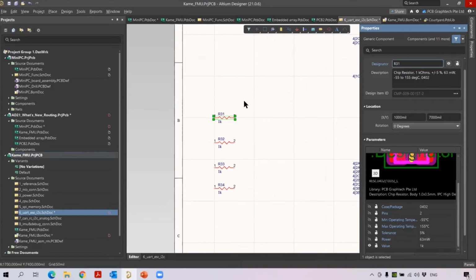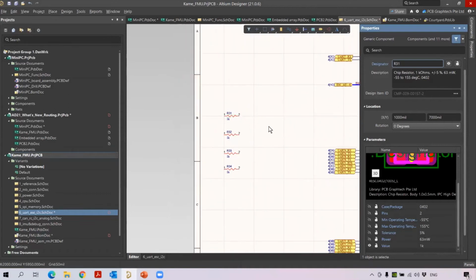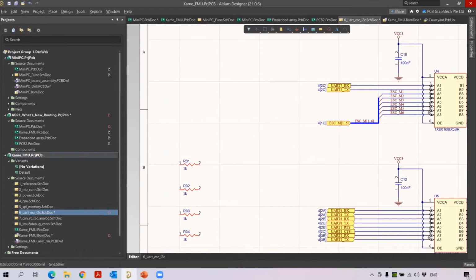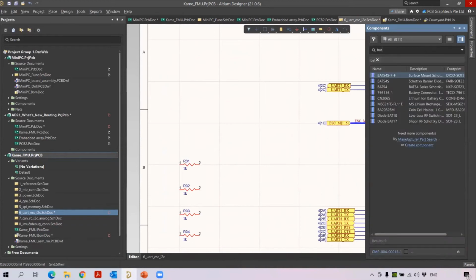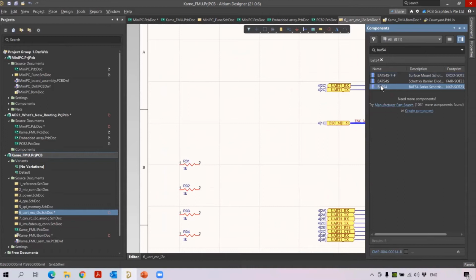Then next we are going to see about your component pin to pads mapping. How to do the component pins to pad mapping. So let me add a component and show you how to do that. Going to the Components panel, I'm going to search for a component called PAD54. So I'm going to do the component pin to pads mapping. So right click, let me place the component here.